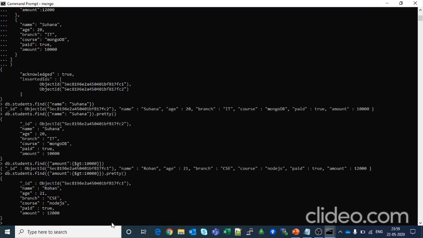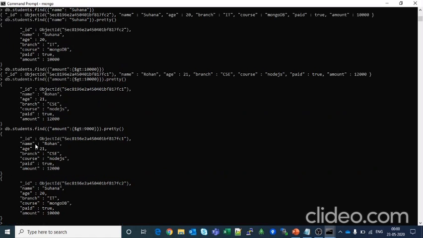You can see it has retrieved the data with amount 12,000, which is greater. Now if we pass 9,000, you can see it will retrieve both the documents.